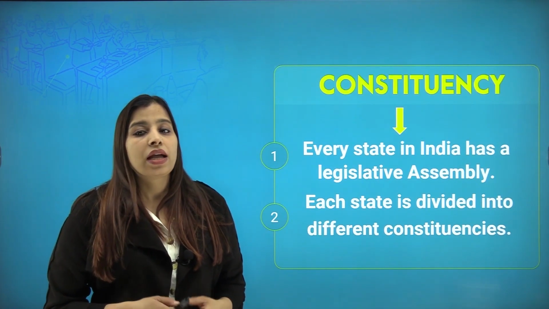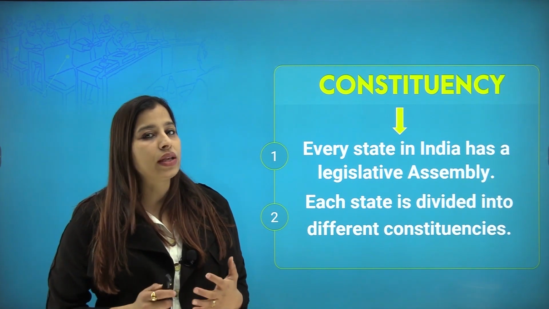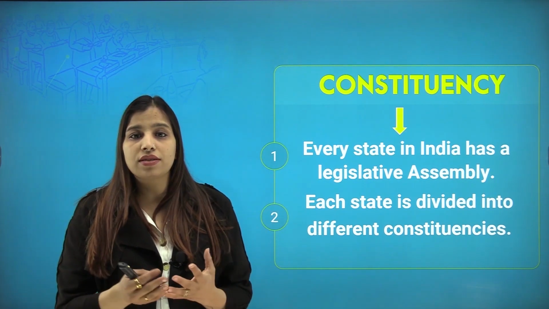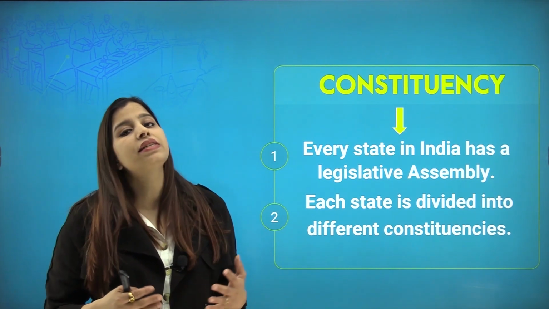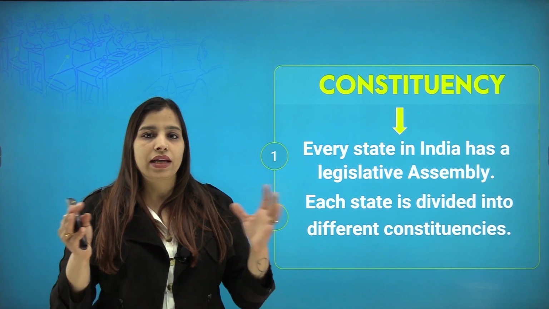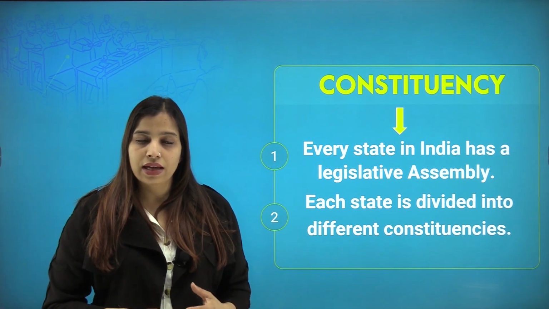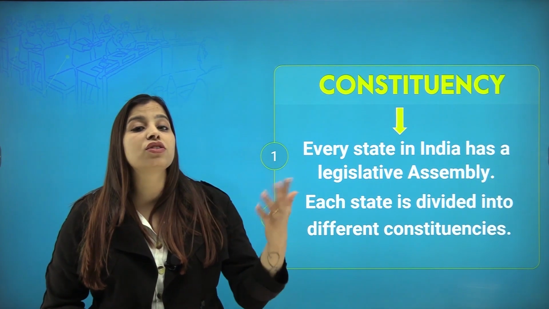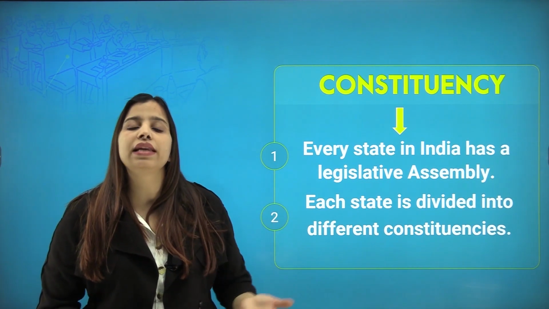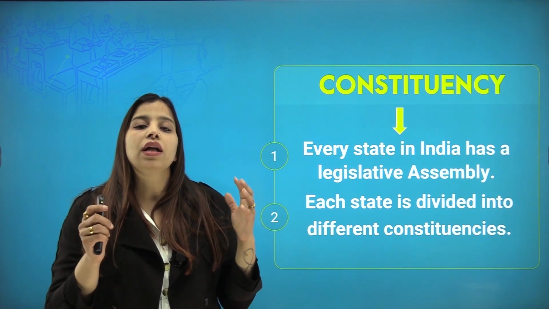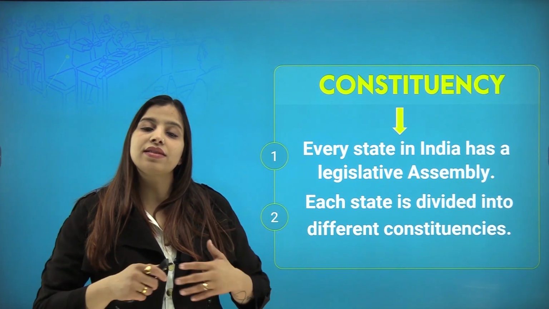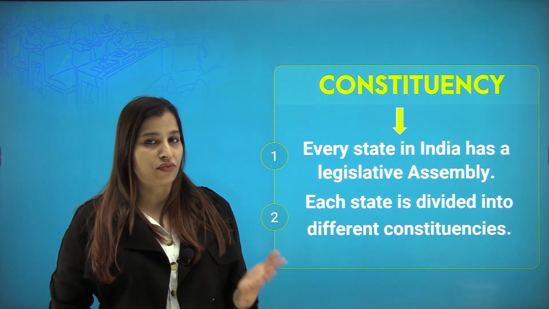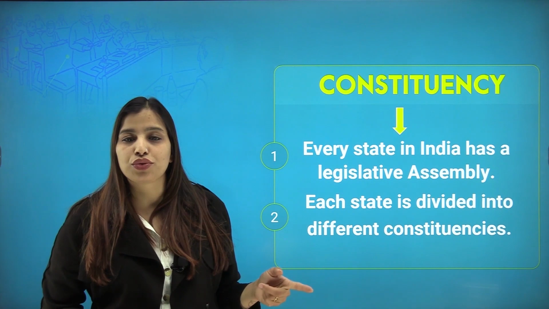Assembly. Now, the term that we are going to discuss is constituency. A state is also not something which is very small and very easy to control. That is why a country is divided into states, and then each state is divided into constituencies. From each constituency, there is a person who is elected. There are several people who are the representatives. There are several people who will fight the election. There are several people who will fight for the post of MLA, but only the one who is chosen becomes